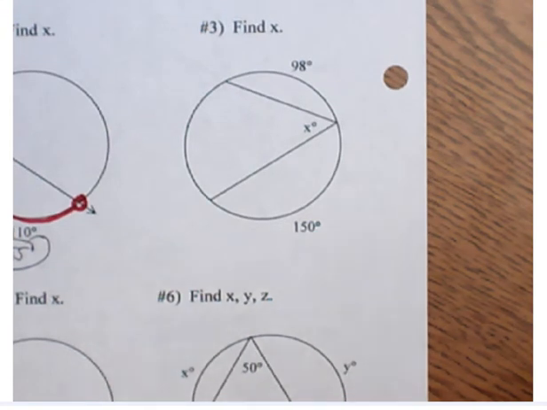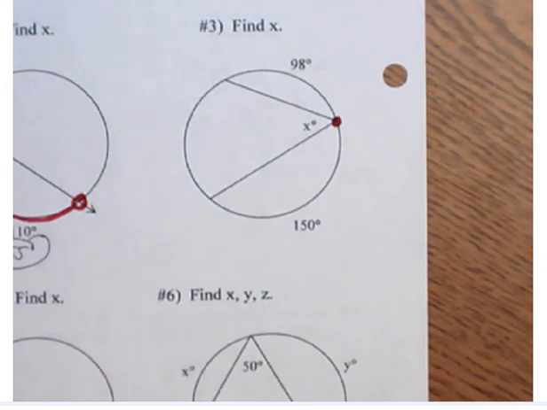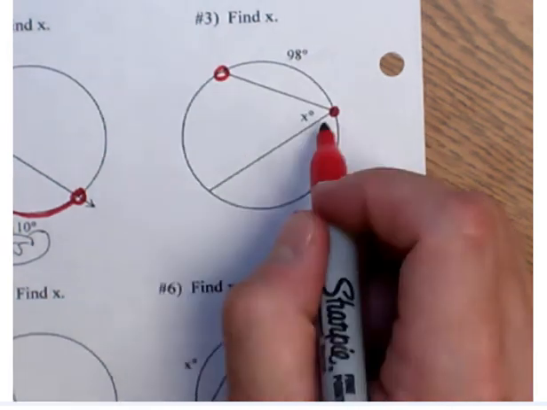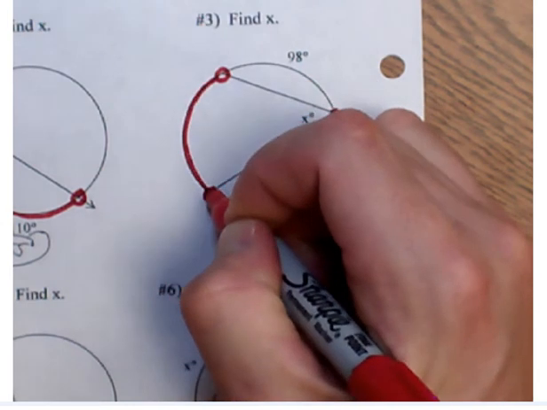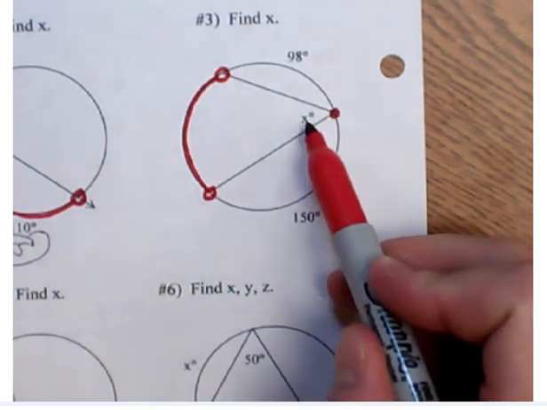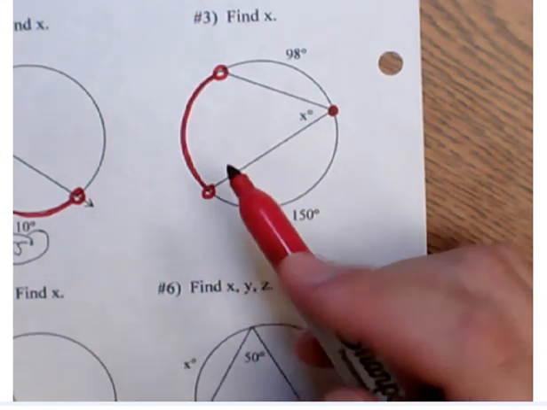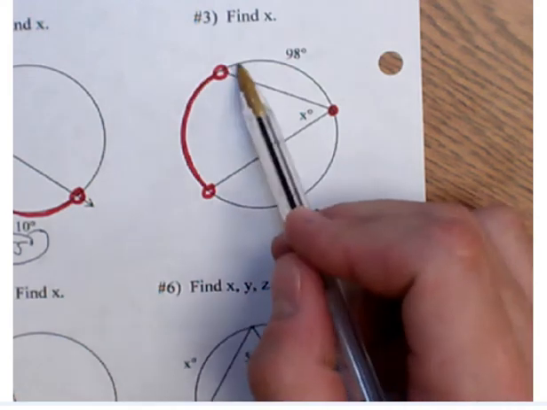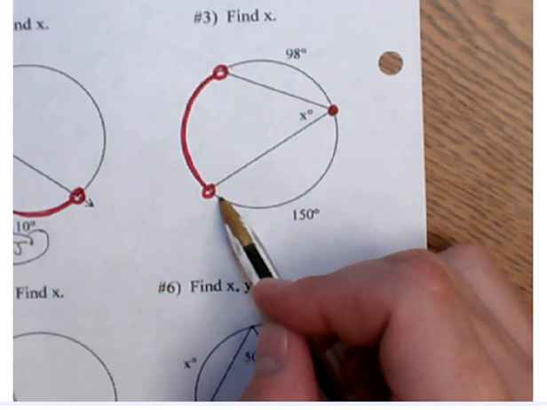Now this time, x is here. Again, it's inscribed. If we trace this out, the angle hits the circle here, and the angle hits the circle here. So here's the arc. Well, if you want to find the angle measure, you need to know the measure of the intercepted arc. They don't give it to us, but that doesn't matter. We can still find it because notice that they give you other arc measures. They give you that this is 98, and then they give you that this is 150,